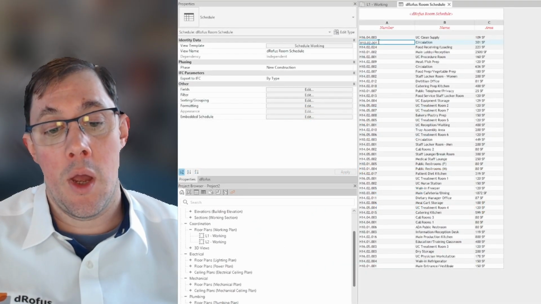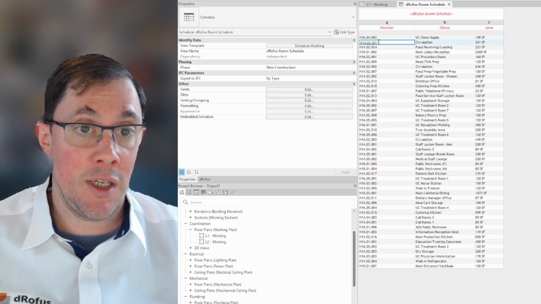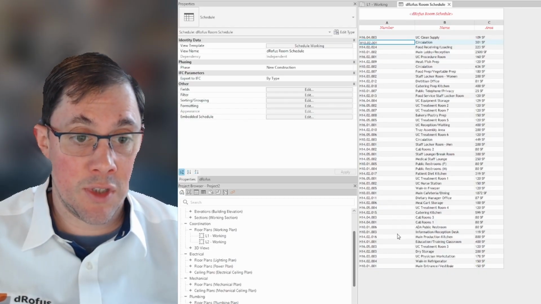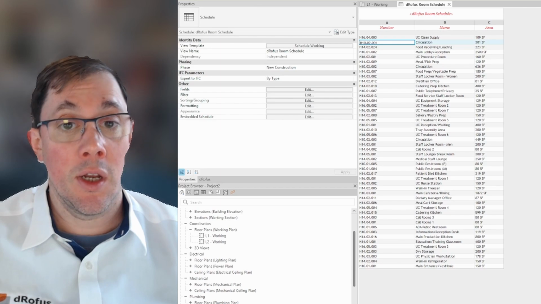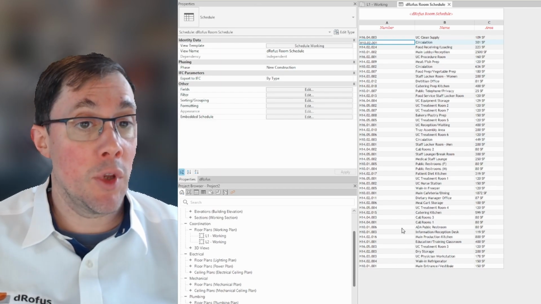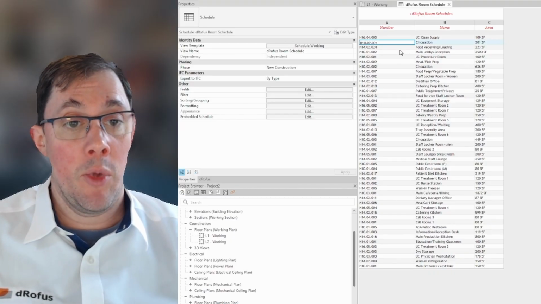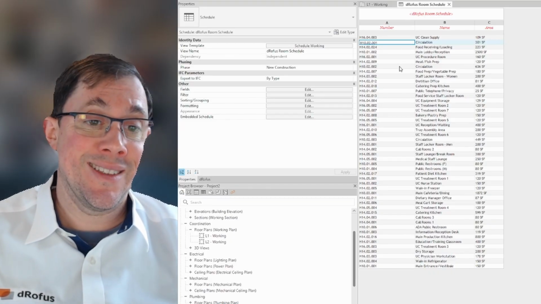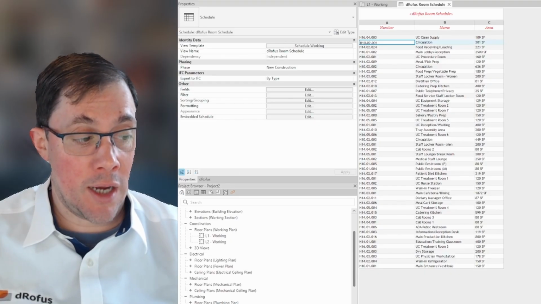And so that's why it's important to set up that attribute configuration to make sure that these are going to be updated if you're going to go ahead and use them, or ultimately, if you're going to write function number to a different parameter, wipe out room number and renumber them either by leveraging dRofus or by using some other tool. But the important part is to make sure data is clean and correct, so that you're ready to actually sync and move ahead with